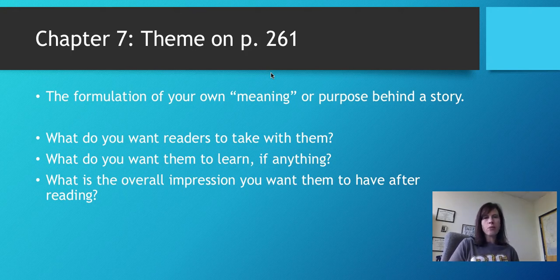Or do you want their overall impression to be that of a positive, uplifting expression where they leave the story feeling really good about themselves? Or do you want to bring out an existential crisis and point out something that's maybe dystopian or wrong in the system or society and have readers feel like they need to question things after reading the story, much like the book 1984 does? So it really depends on what your goals are as a writer, but your story needs to have a meaning or a purpose. Otherwise, your readers are going to encounter it and not know what the whole point of reading the story was. And that's what you don't want. You don't want a reader to feel like they've wasted their time.